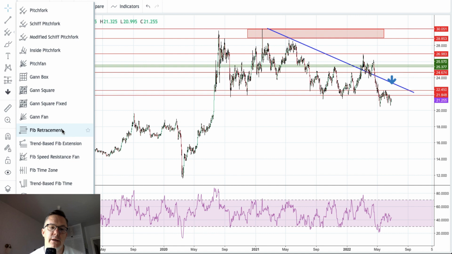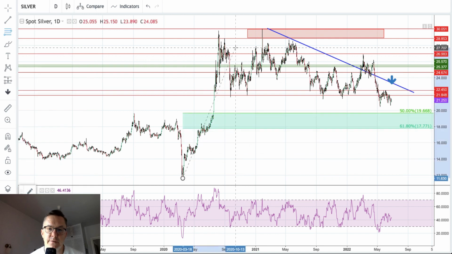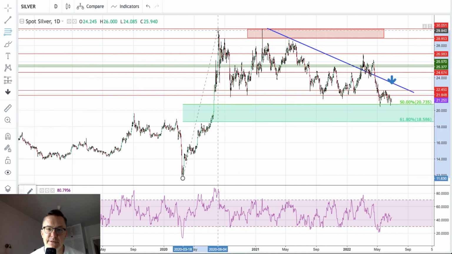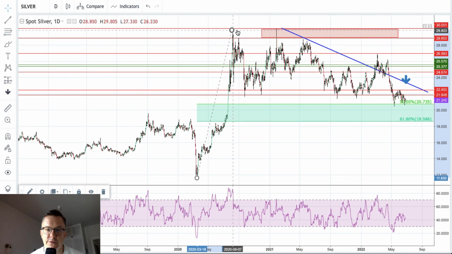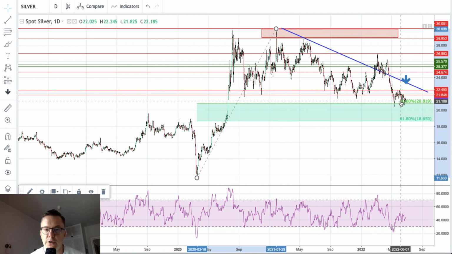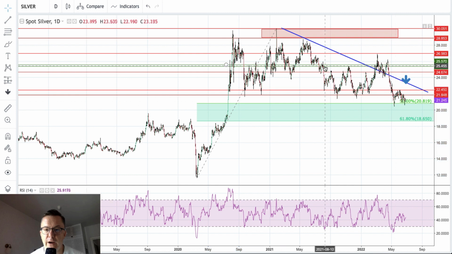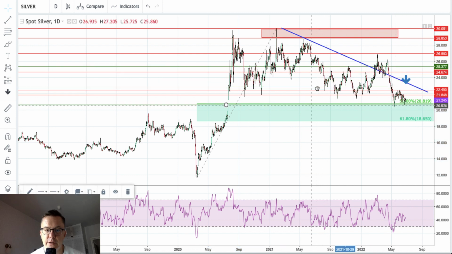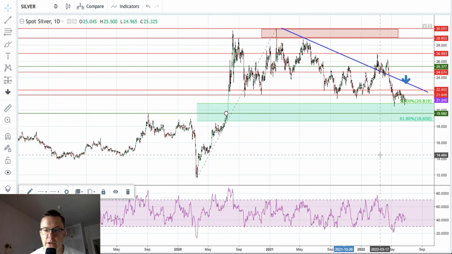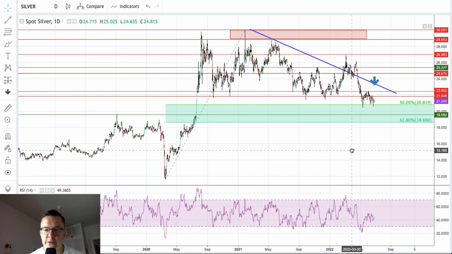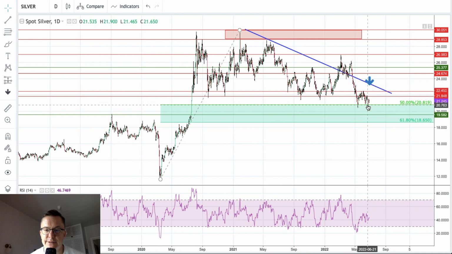Let me just point out that there is, as you can see, the 50% Fibonacci level, or even we will just put it here to this high. It doesn't actually matter, because we all know now that we are fighting for the level of the 50% Fibonacci retracement, 20.81. It was tested once, it was tested for the second time. If it won't hold that, we have a technical support 19.58 and